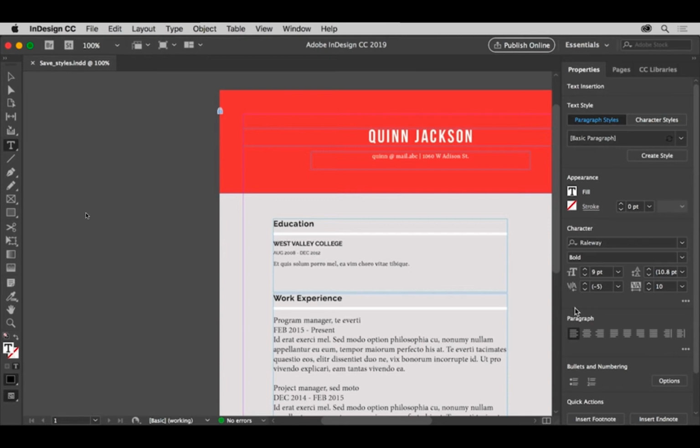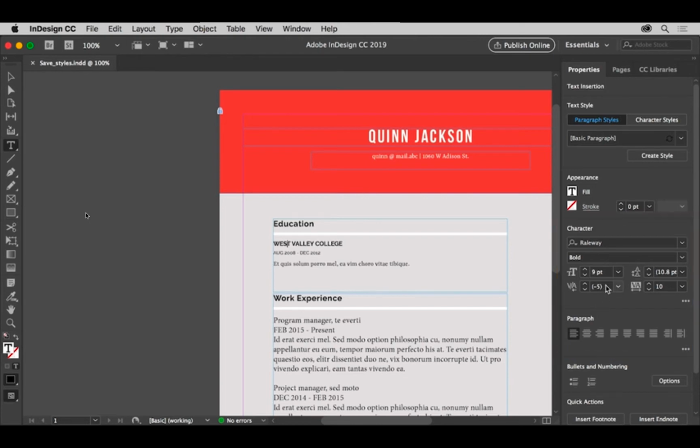other formatting applied. Now to save the formatting from this text as a style, you'll first choose what type of text style to create. There are two types of text styles in InDesign, paragraph and character. Paragraph styles save all of the text formatting available, character and paragraph, and can only be applied to entire paragraphs of text. So paragraph styles can include everything you see in the paragraph and character sections of the Properties panel